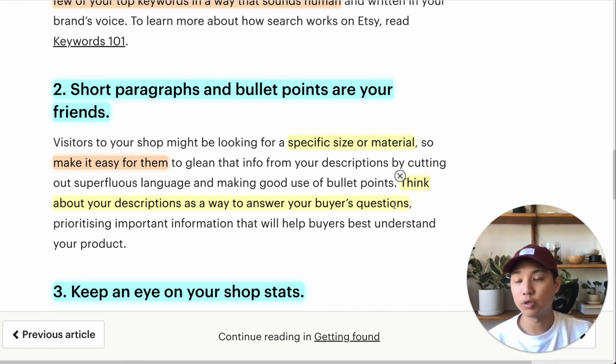So it's always interesting when you put that into perspective and ask, okay, if I'm a customer looking at my product, what will I want to know, right? This also applies to the product images. If you have friends and family, it's always good to get other input on what questions they have about your products. What do they want to know right away? These are things that you definitely want to showcase. You can do this in FAQs, but for specific categories and specific products, you also want to showcase